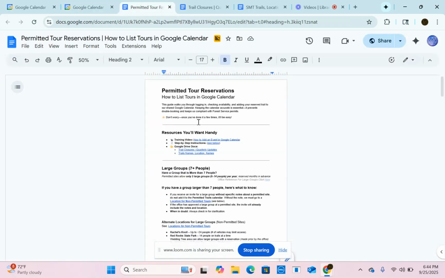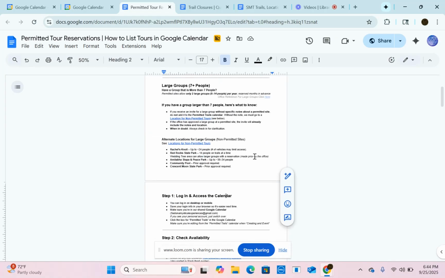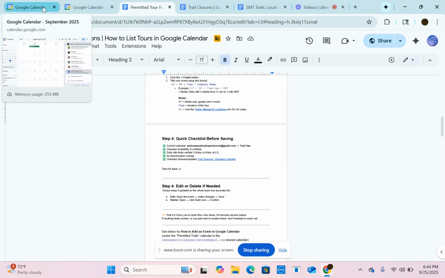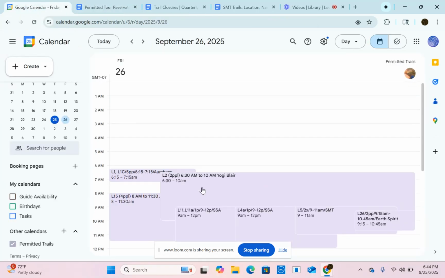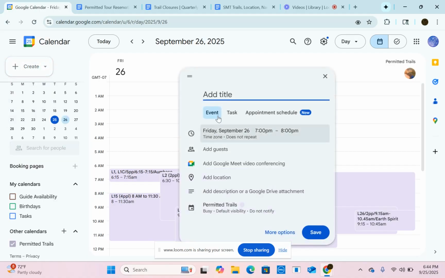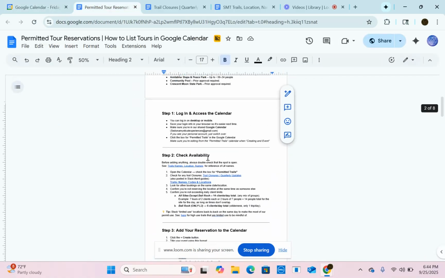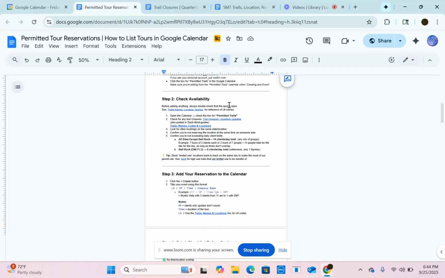So the next piece is having the permitted tours reservations pulled up for reference to be able to follow all of the steps about what to do, going through essentially each step at a time to make sure that there is availability and that we're inputting the information correctly. So if we were to create an event, we would click Event, add the title, again following the format and the structure for all the considerations here,